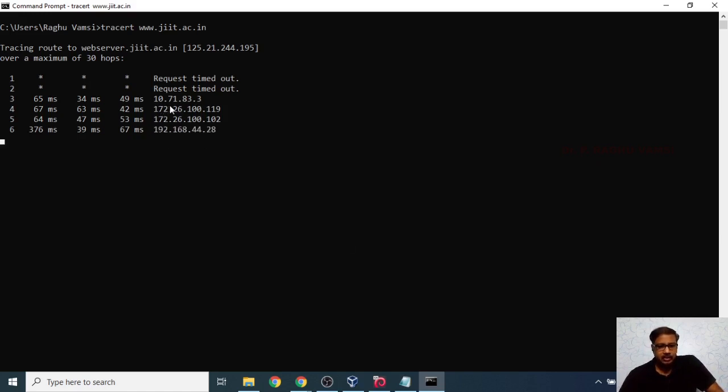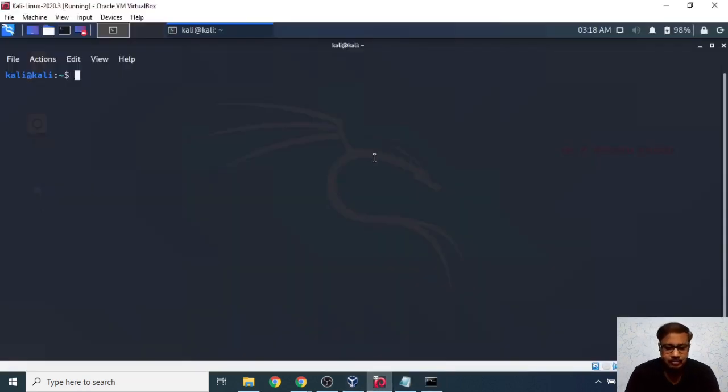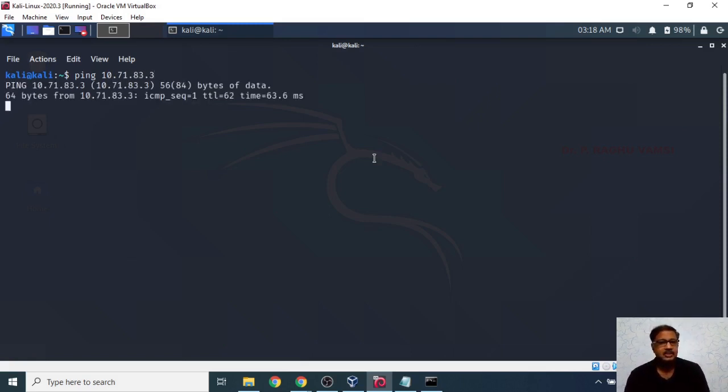Now here 10.71.83.3 is there. Let us see whether this can be connected via ping or not. Ping 10.71.83.3. I am going to use this ping operation via Kali Linux.